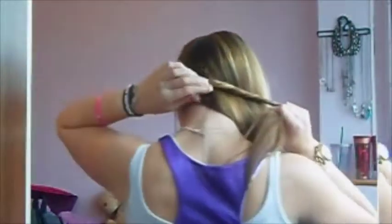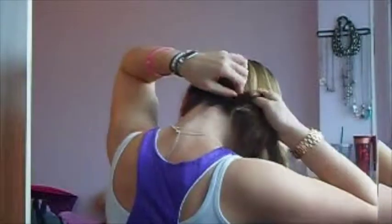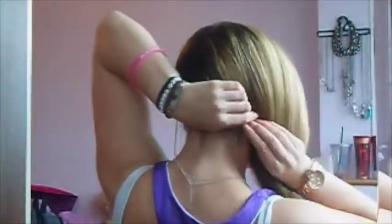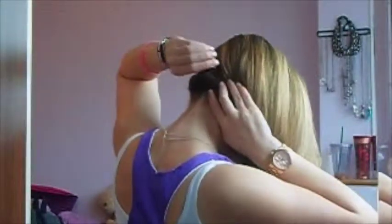And then I'm going to put this bit of hair out of the way. Okay, so all I'm going to do is move this bit of hair around to the back, like so, and you get this twisty bit. And then I'm just going to grab other pieces of hair and twist it around it. So you're left with a twisted kind of effect, and I just hold it in place with a bobby pin or two. So I just do one going upwards, one going down,